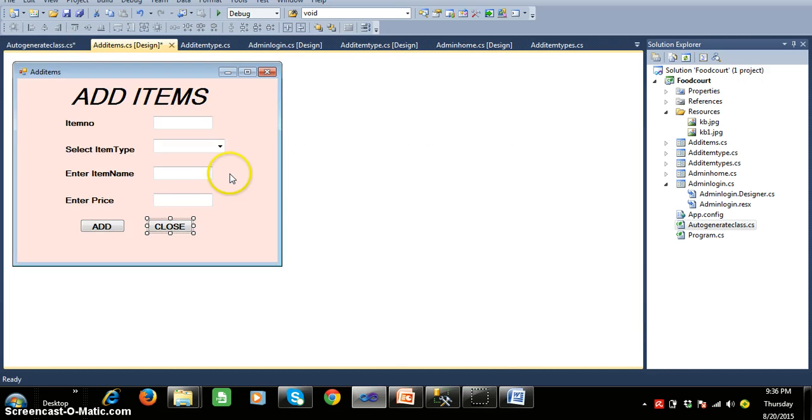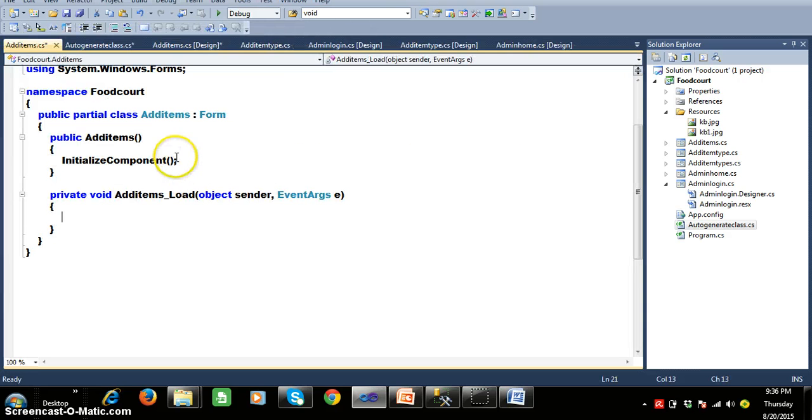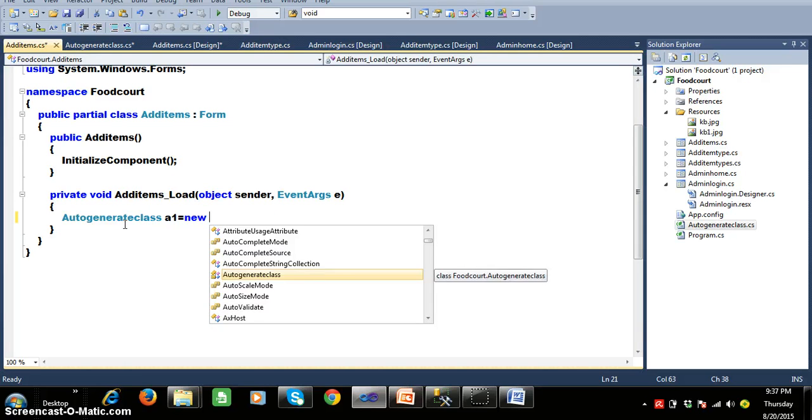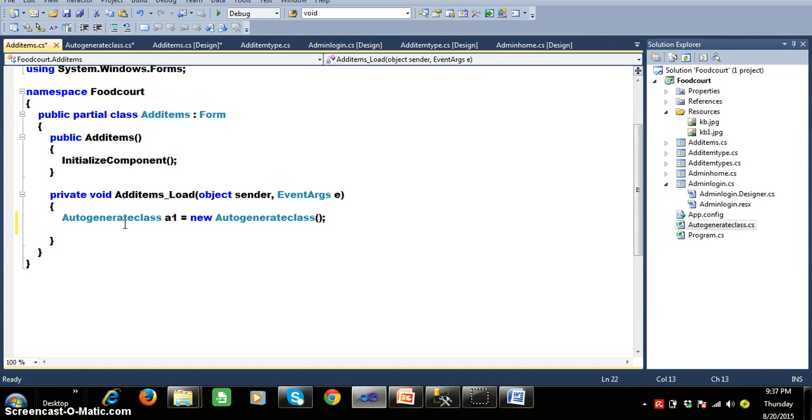So here I will go to the add items.cs and here double click, and I will use the class. I will create an object for auto generate class, a1 is equals to new auto generate class of, right. Now I will call the method a1.autoGenerateID. At the time of calling the method, you have to pass the table name. So here my table name is items, right. And the return type of this method is int. So I will store the result of the method in one integer variable, int i is equals to,